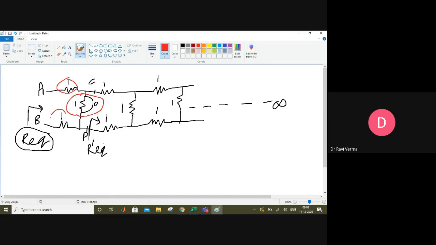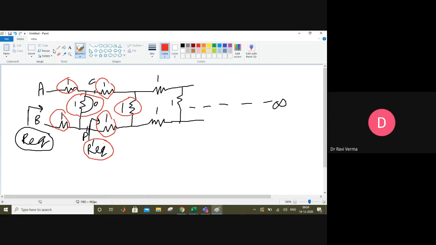So this circuit is different compared to the other circuit. In all other circuits, it is 1 ohm, 1 ohm, 1 ohm. All three sides have a resistance of 1 ohm: top side, right side and bottom side. Here also 1, 1, 1. So if this is R equivalent, we assume this is something else. Suppose this is R equivalent prime. Some name you have given, X ohm, Y ohm, anything. So suppose this is R equivalent dash.